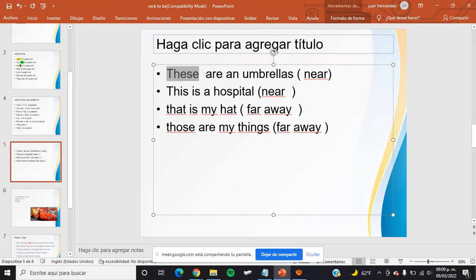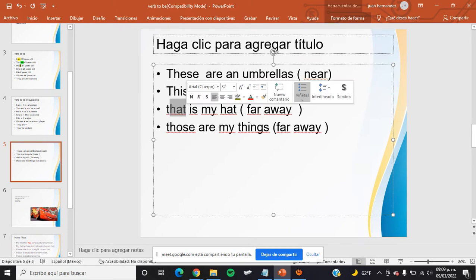That is my hat. That is a word that you say, oh, that object is far away from me. Ese objeto está lejos de mí, dices, that is my hat. Por ejemplo, mi gorra que tengo acá, la ponemos allá y dices, that is my hat. Mi gorra está allá. En este caso, bueno, es hat, tendría que ser un sombrero, pero tenemos aquí una gorra.